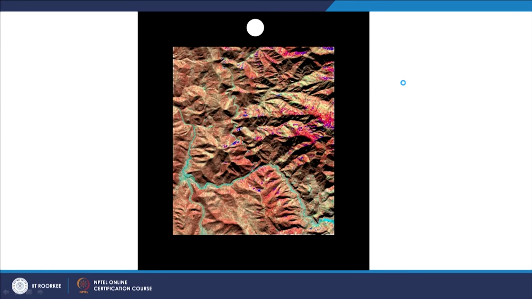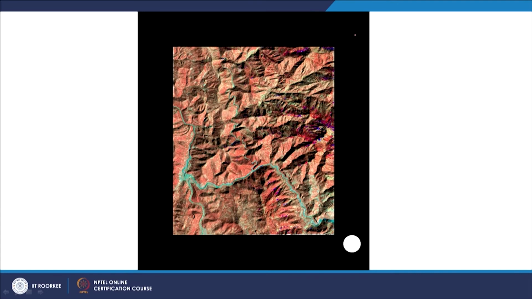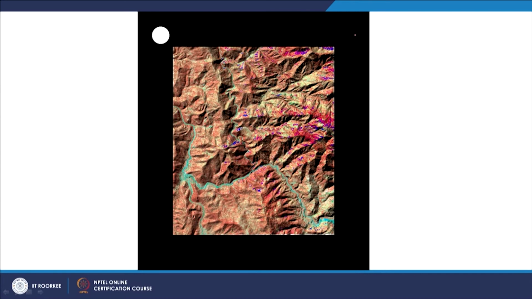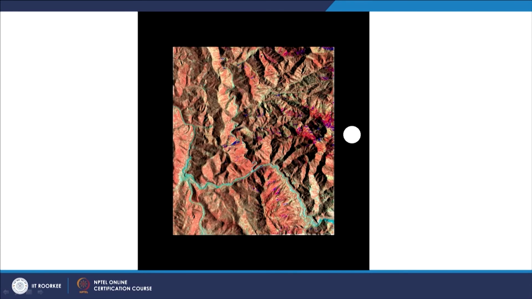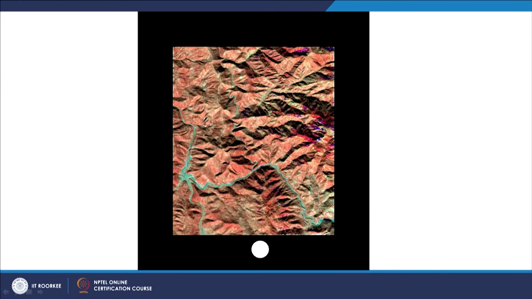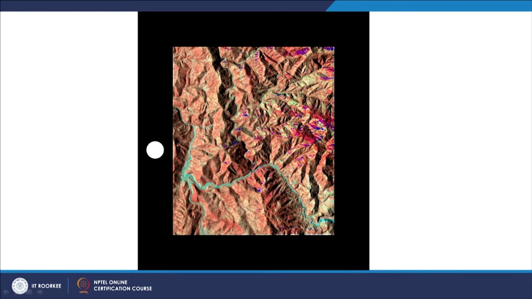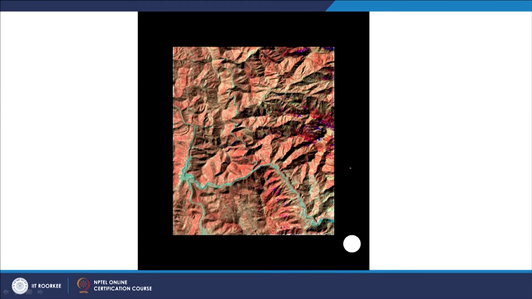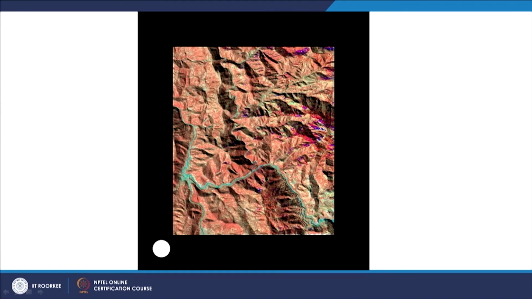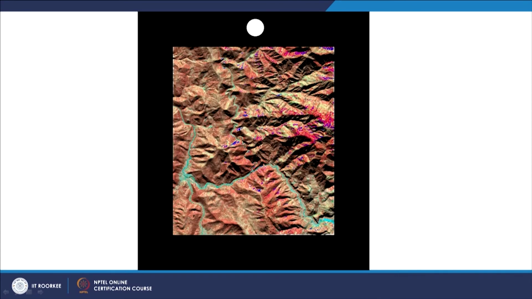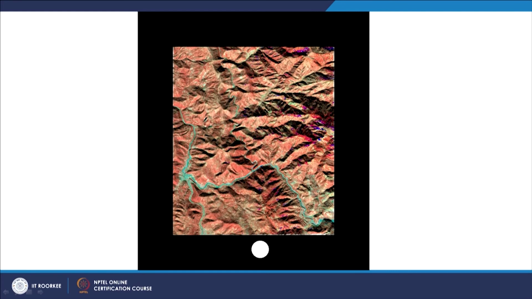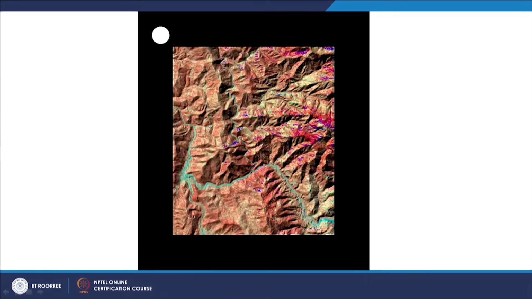What you are seeing, this white circle, is basically showing the illumination direction, and when this white circle is on the northern part or northern hemisphere, you do not see this false topographic perception phenomenon, and as soon as it comes in the southern hemisphere, you start seeing that the river is flowing on the ridge. That means it is suffering from FTPP. So not only can you solve the problem, but you can convince using such simulated animations.